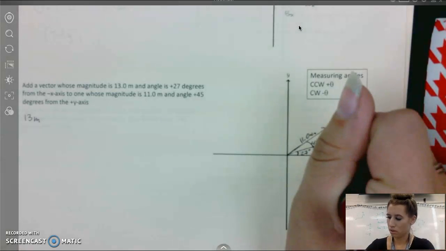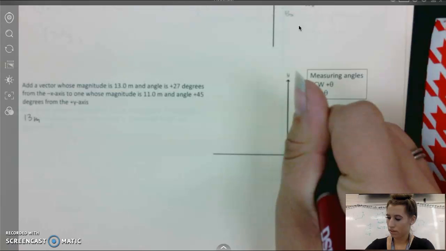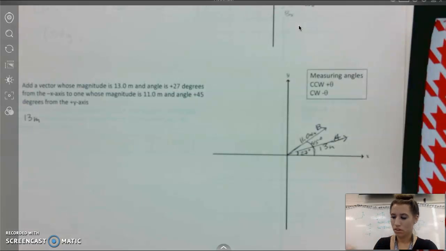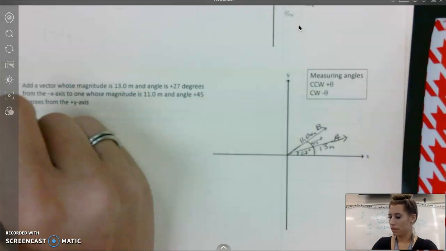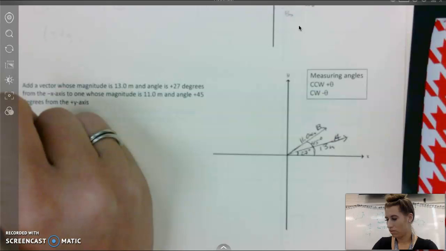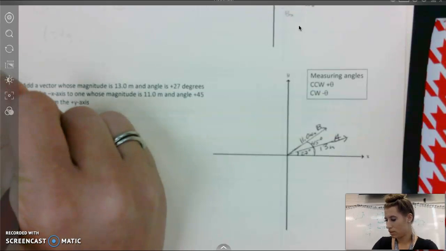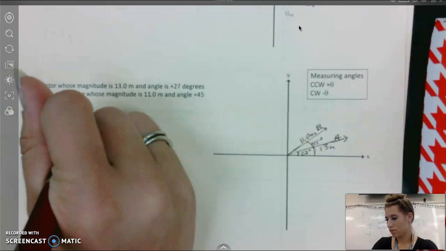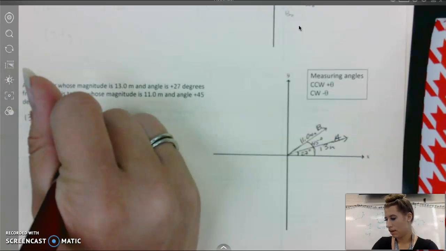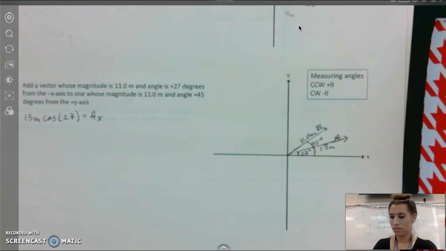Let's call this one vector A and vector B. Okay, so 13 meters, and we're x first, so cosine 27 is going to equal a sub x. Okay, and a sub x, so 13 cosine 27